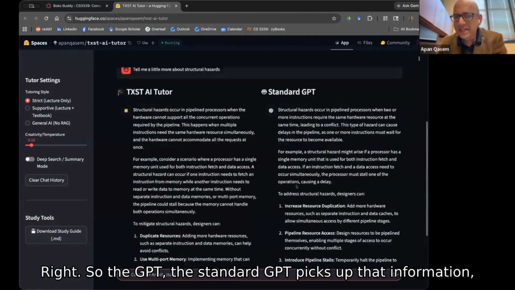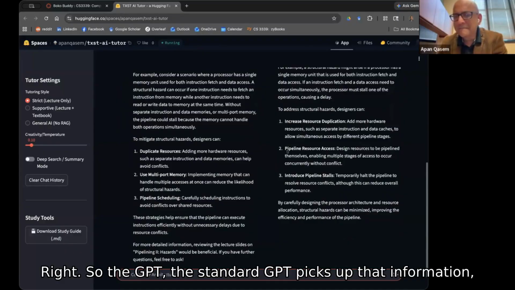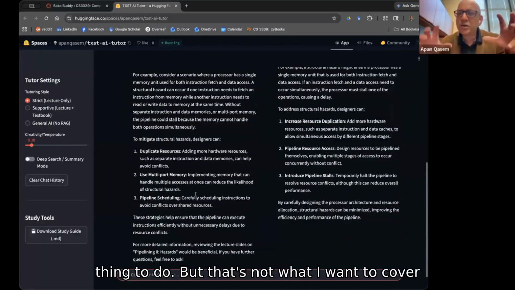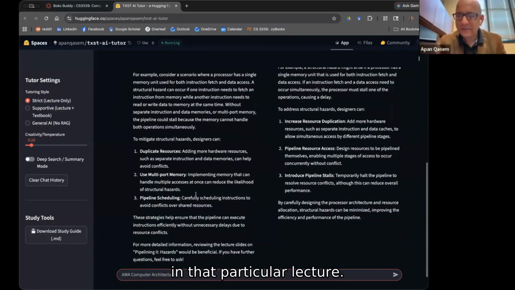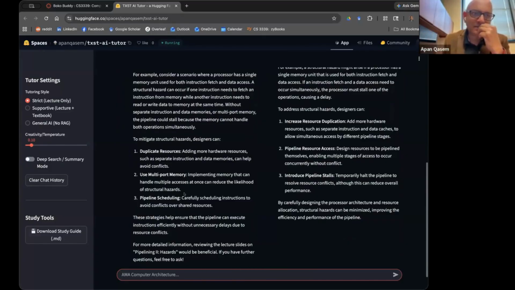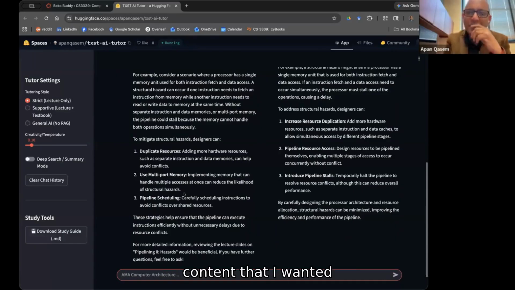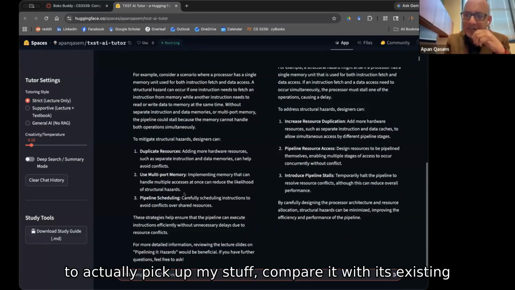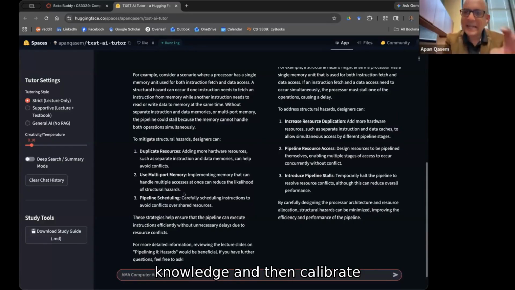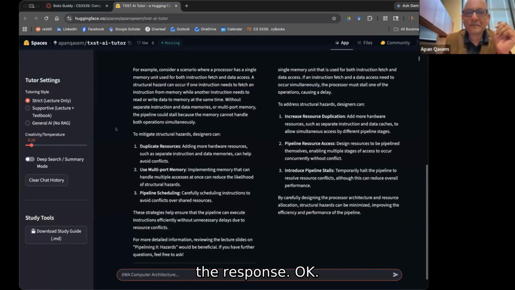The standard GPT picks up that information, which is a reasonable thing to do, but that's not what I want to cover in that particular lecture. This custom virtual TA gives me control over the content: it picks up my material, compares it with its existing knowledge, and then calibrates the response.